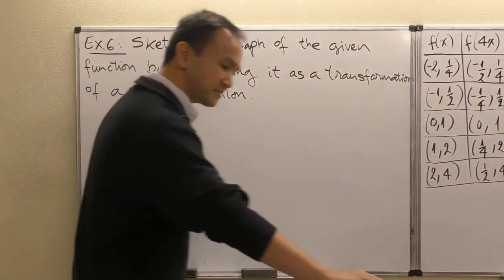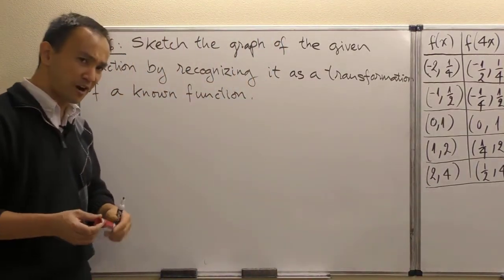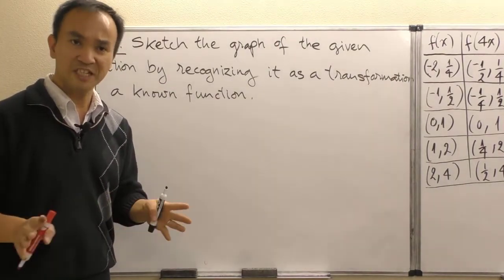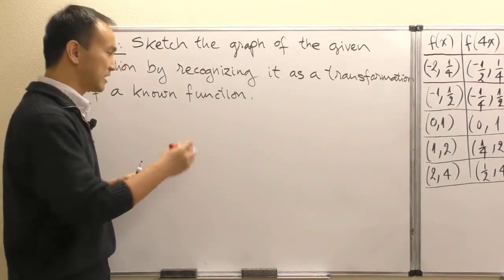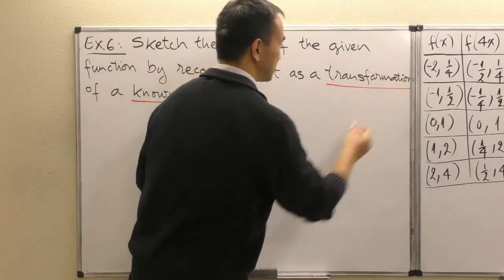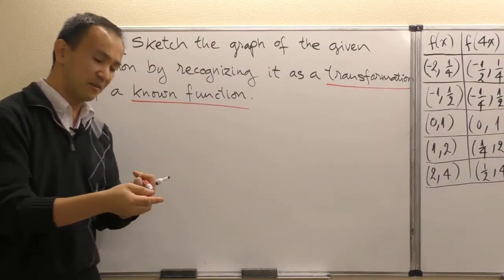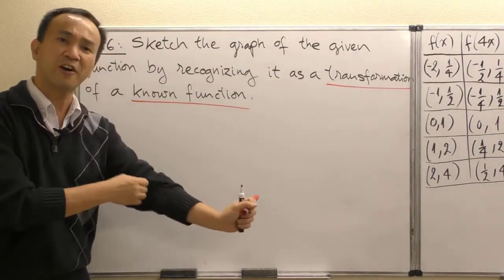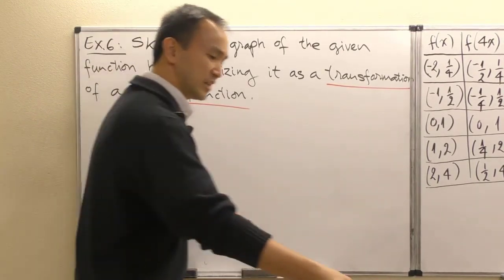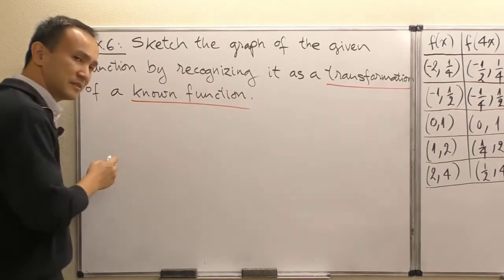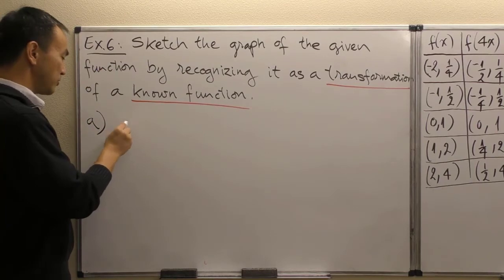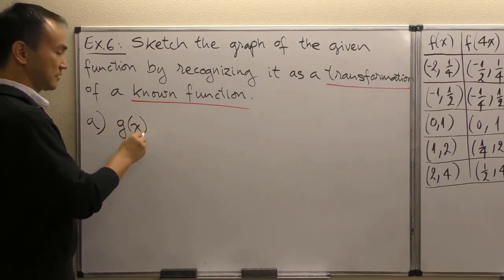Okay, and so this kind of problem, I believe, up to this point of the lecture, you have seen often enough, and you immediately got the idea. It's just we allow the problem that we're sketching to become more and more challenging, involving more transformation steps in there. Okay, and so now let me put in the first function. So part A, I want to sketch the graph of g of x,